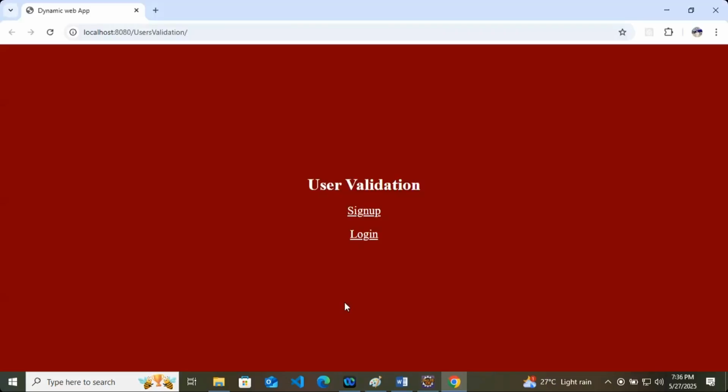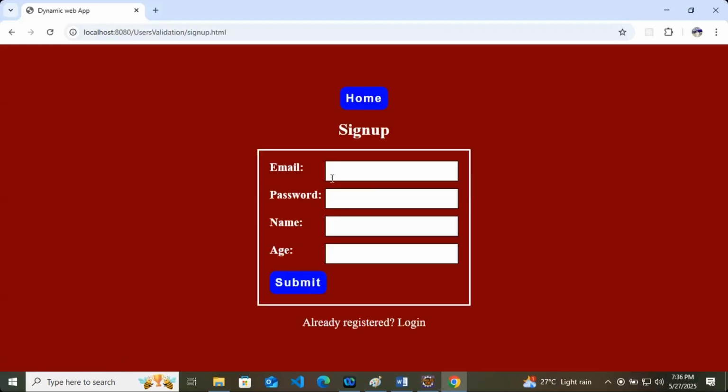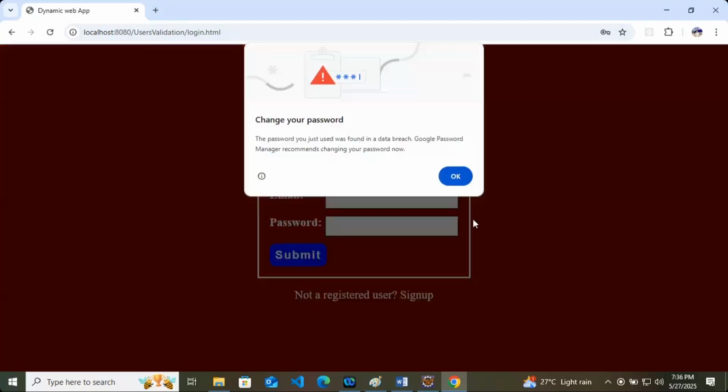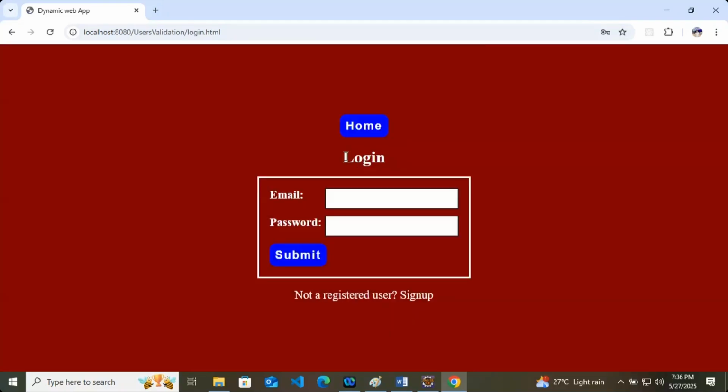This is what we built, a simple user validation with login and sign up. We'll go to sign up and there you can put your details. After doing the sign up successfully, you will come to the login page.